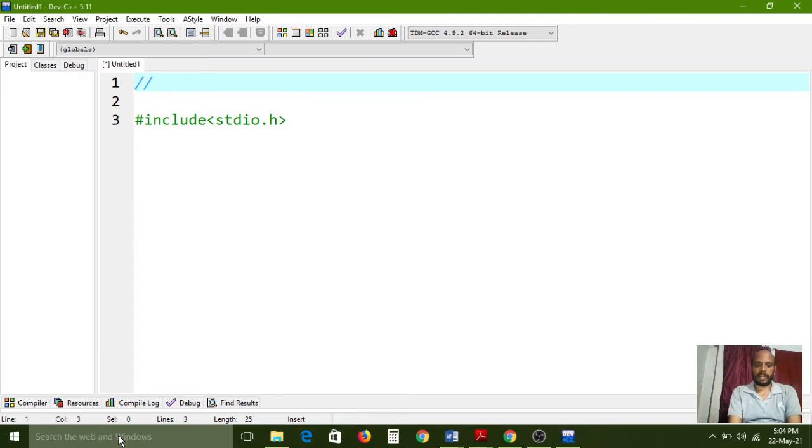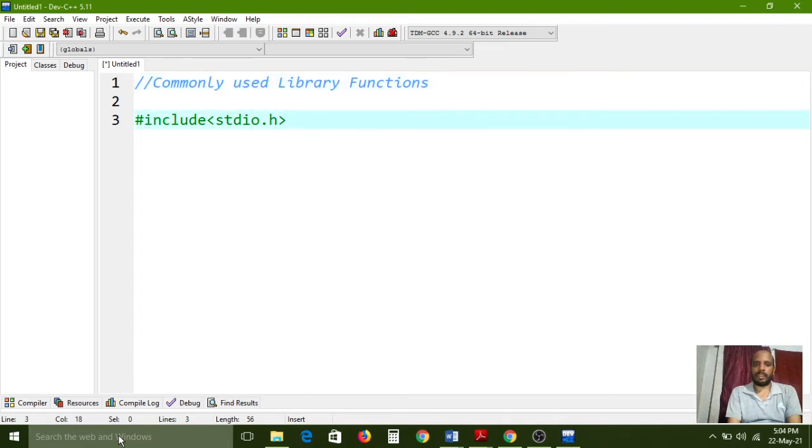First I am typing the program name, because this is the documentation section: commonly used library functions. Only concentrate on the commonly used library functions concept, and on where we have to use the function.